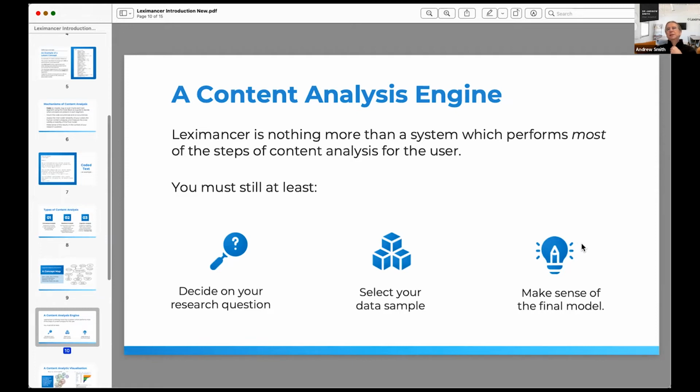Some people have commented that not knowing what the data is like when the model is being built is a disadvantage. I disagree. I think getting a model which is fairly unbiased to begin with, an exploratory model, is a great way to learn an accurate understanding of what's in the data. Once you've got that understanding, you can go back and refine your model and take control of Leximancer to create your second or third map. And you should do that. I think it's a very useful thing to do.